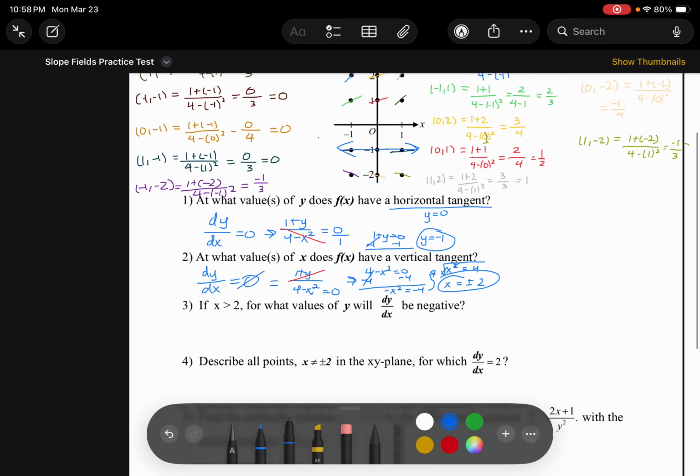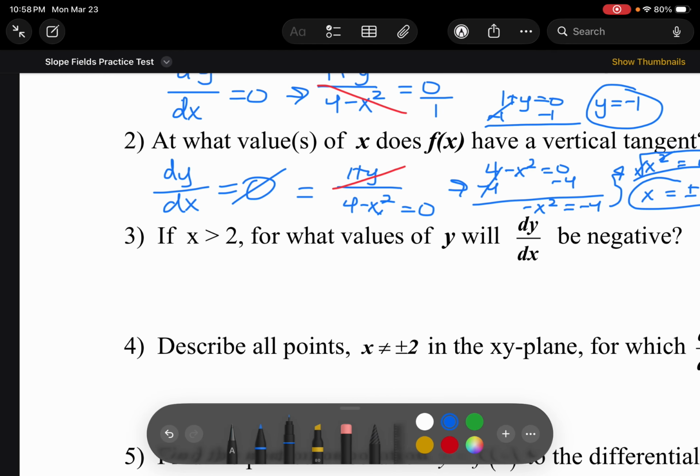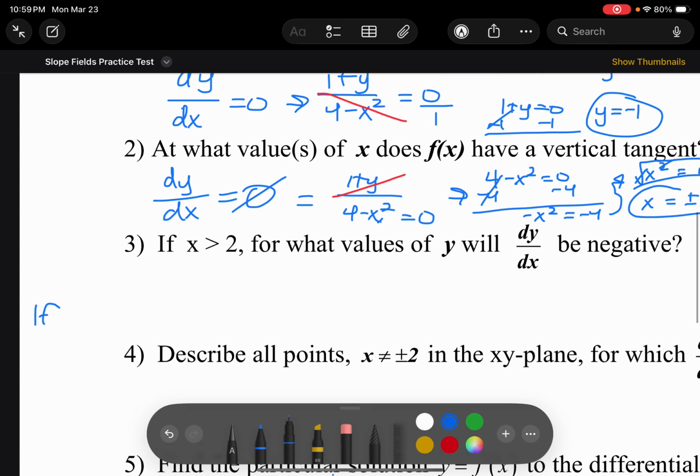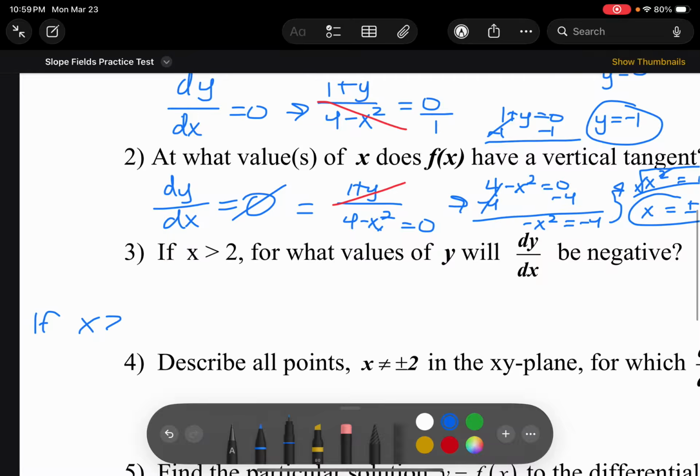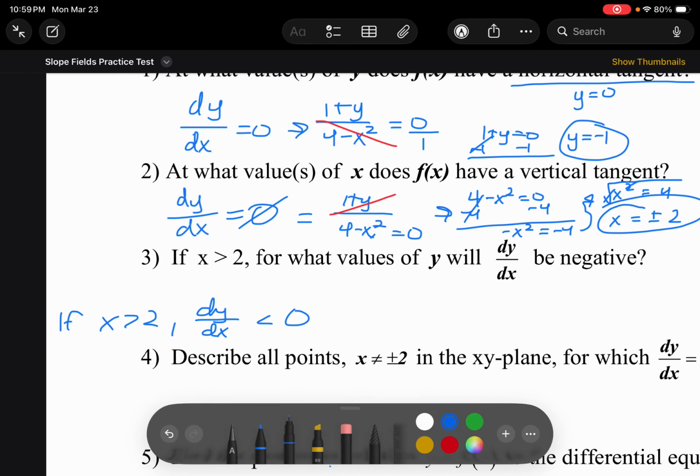For number 3, if x is greater than 2, for what values of y will dy dx be negative? So if x is greater than 2, then dy dx is less than 0, meaning